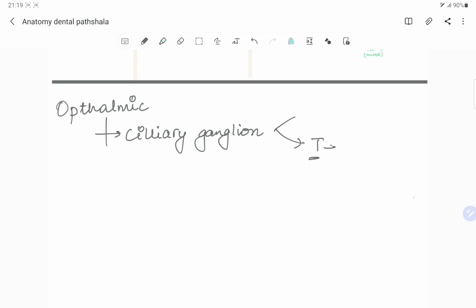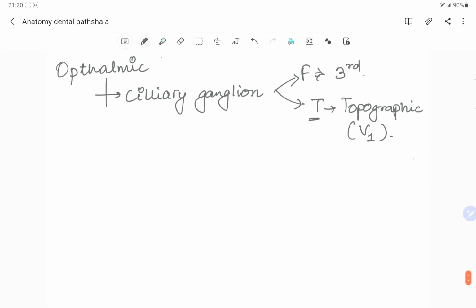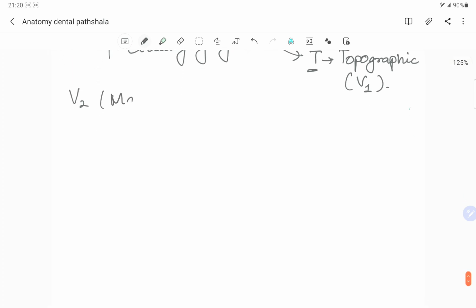Remember, T for trigeminal, T for topographically. Topographically related to the ophthalmic division of the trigeminal nerve, while functionally it is related to the third or the oculomotor nerve. That is in the first branch. Then in the second branch, which is the maxillary division of the trigeminal nerve,